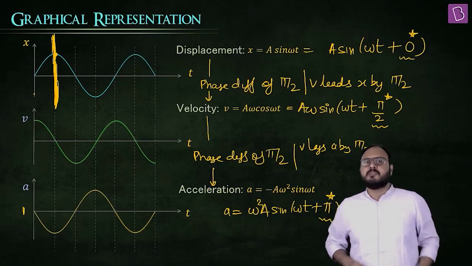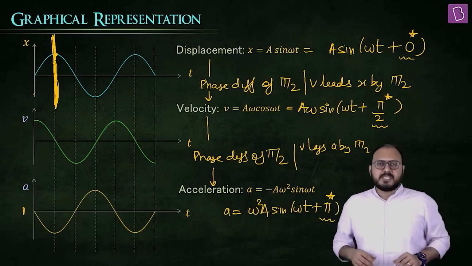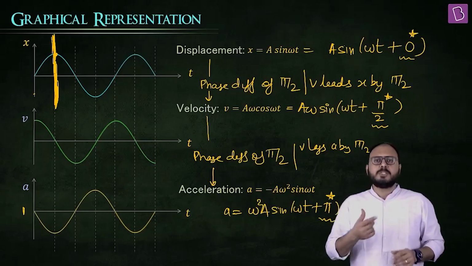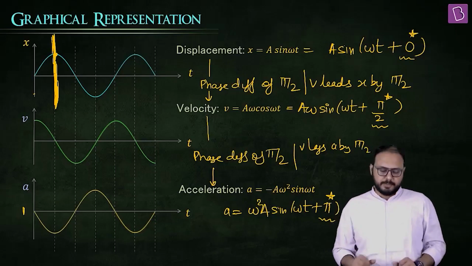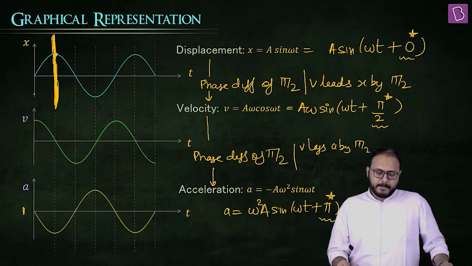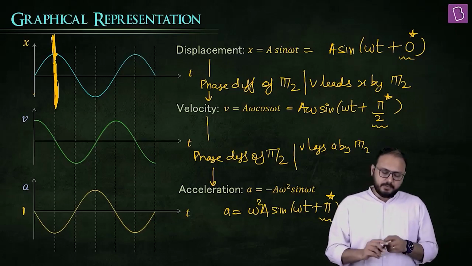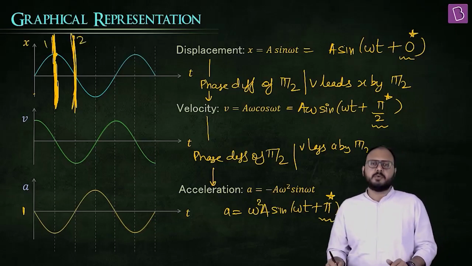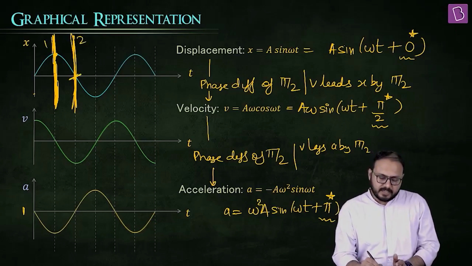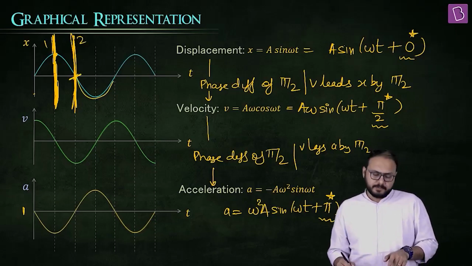So I'll tell you two meanings of phase difference. Mathematically, phase difference means what? The one who is pi by 2 ahead, that graph is obtained by shifting the other by pi by 2. Okay. So then how do you explain acceleration? How much is acceleration ahead of x? Sir, pi. So line 1, line 2. Look at the right side of line 2. Sir, the graph is like this. Is that the acceleration graph or not?